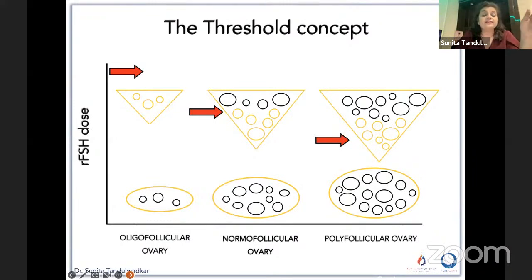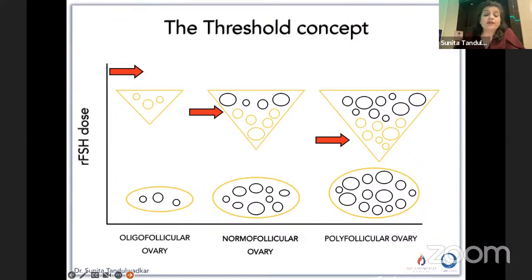And I tell her, start your oral ovulation agent from day 3, and maybe on day 4 or day 5, I start with the 50 dose. Always I start with the 50 dose. And on day 9, I call her. Now, on day 9, when I see the patient, if I see follicles of 12 mm, 13 mm, I will tell her to continue the same 50 dose for another 48 hours and come for a sonography. If I see 17, 18, I will continue for one more day, and I always give the trigger at 19 mm,